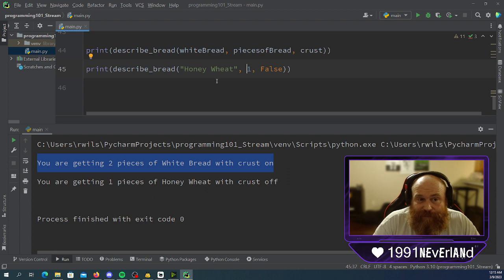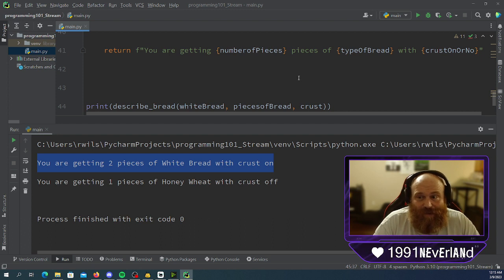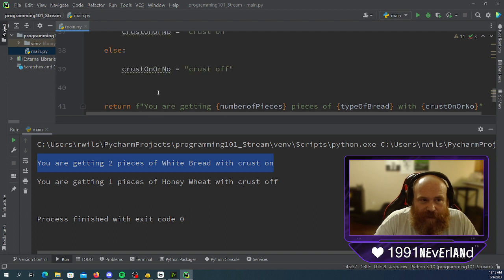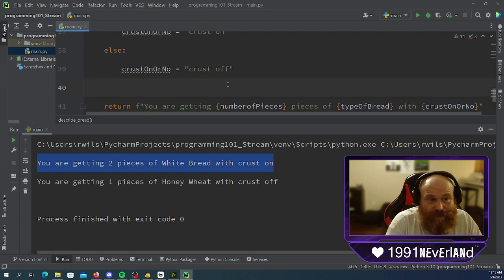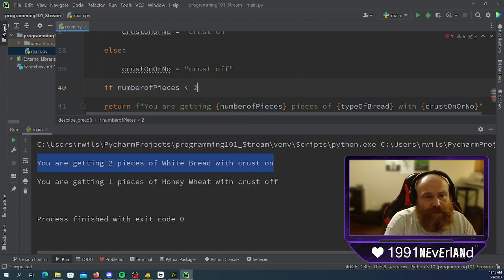So, in our rush to be simple, we didn't take into account that somebody may only want one piece of bread. It would be an easy fix. No, I like it. I like it because it gives us a chance to talk about the things that we need to look at when we're actually getting into programming. Design is extremely important. But yeah, to fix that, we would say if number of pieces is less than 2,